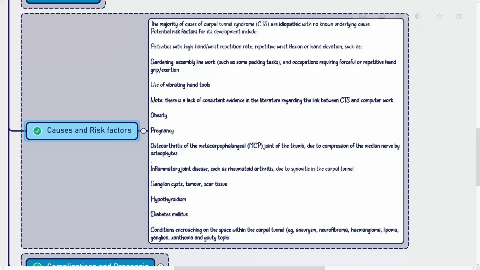Potential risk factors for its development include activities with high hand wrist repetition rate, repetitive wrist flexion or hand elevation, such as gardening; assembly line work, such as some packing tasks, and occupations requiring forceful or repetitive hand grip exertion; use of vibrating hand tools. Note that there is a lack of consistent evidence in the literature regarding the link between carpal tunnel syndrome and computer work. Obesity, pregnancy, osteoarthritis of the metacarpophalangeal joint of the thumb due to compression of the median nerve by